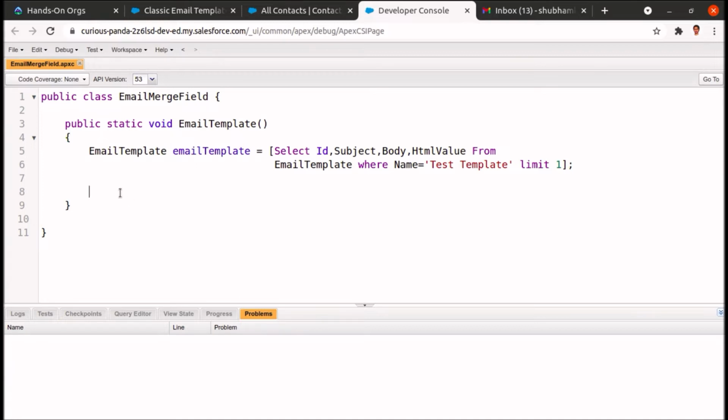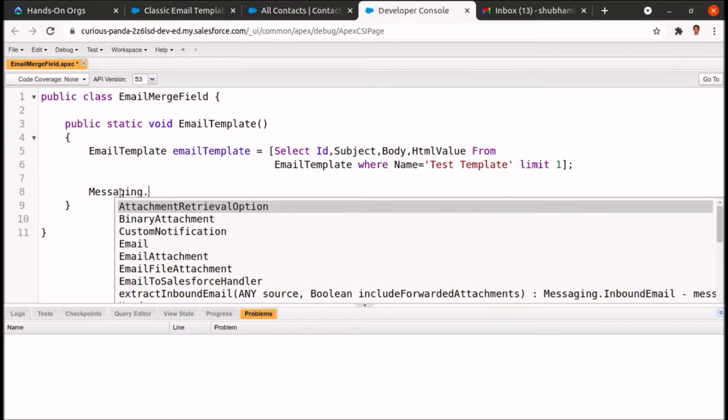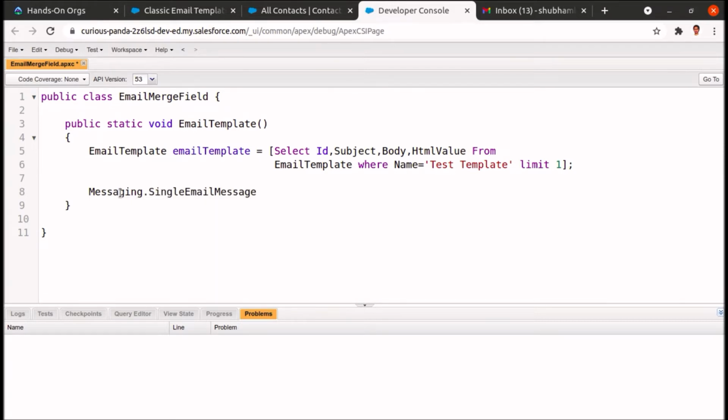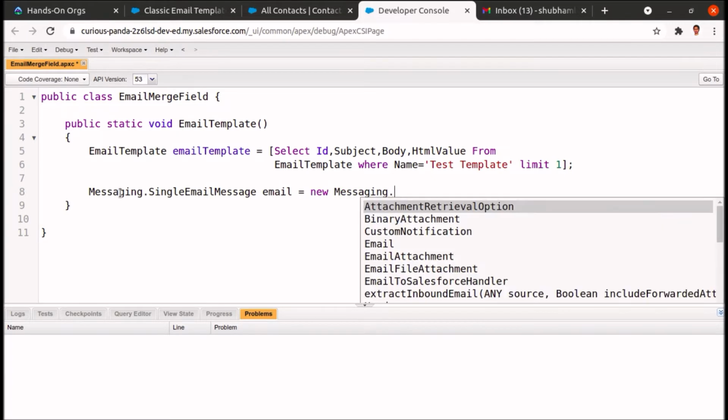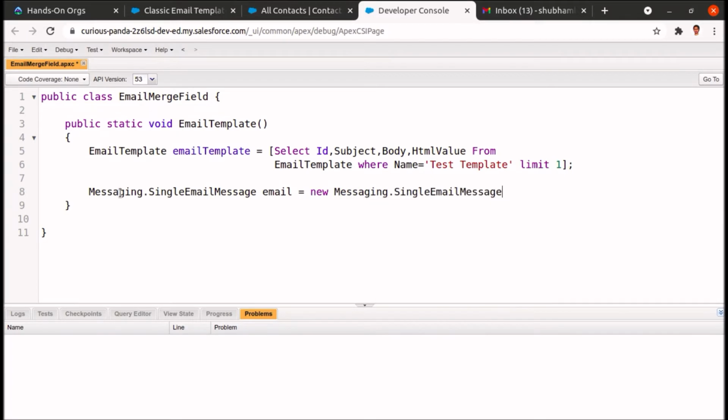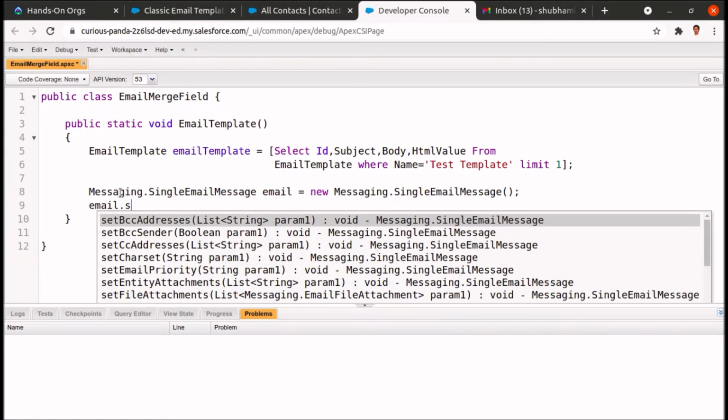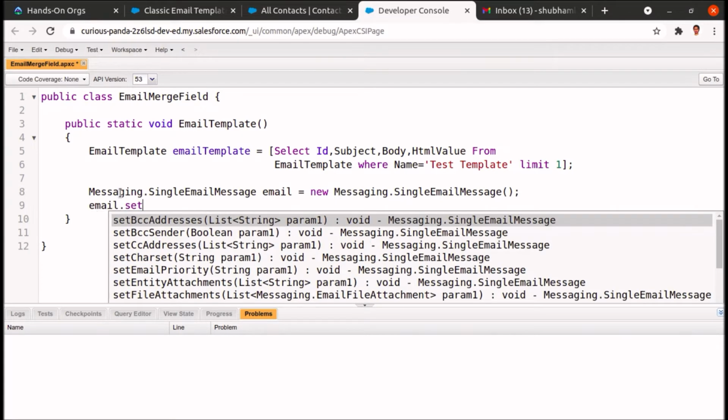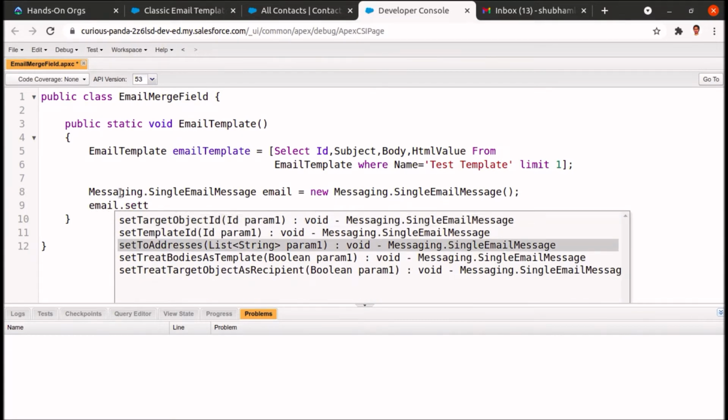Now let's create the email message object. So Messaging.SingleEmailMessage email equals new Messaging.SingleEmailMessage. So this is the object. Let's set some fields. email.setToAddresses, and it's a list.